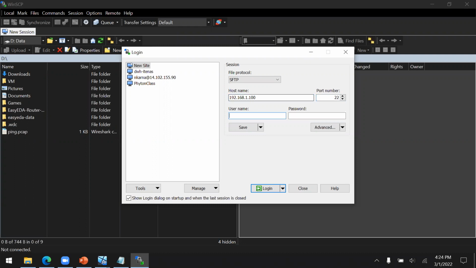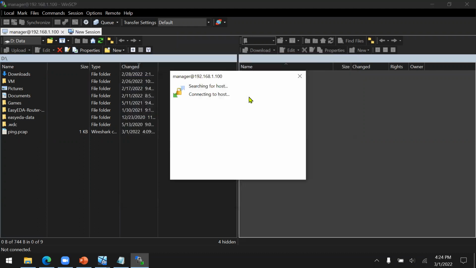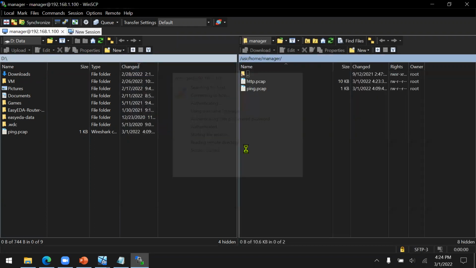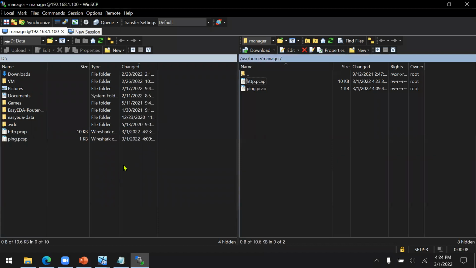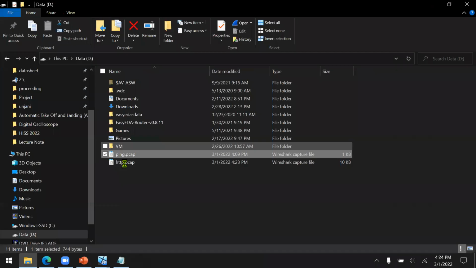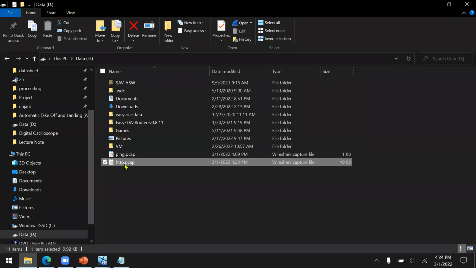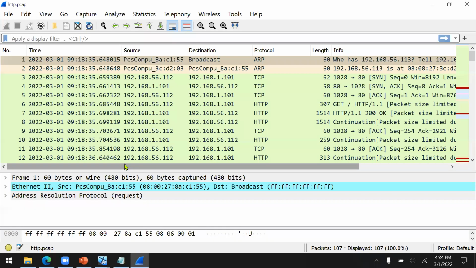And the username is manager, it's cyber security. We have the http.pcap, so just try to download this one. Okay. Now close WinSCP and try to open this http file.